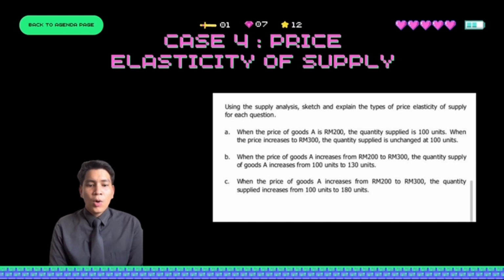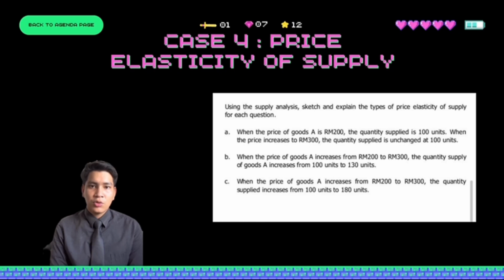B. When the price of good A increases from 200 ringgit to 300 ringgit, the quantity supplied of good A increases from 100 units to 130 units. C. When the price of good A increases from 200 ringgit to 300 ringgit, the quantity supplied increases from 100 units to